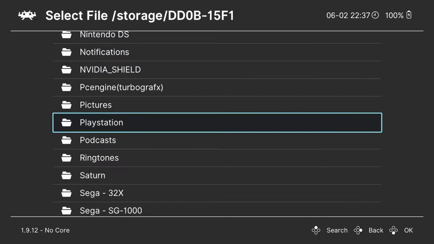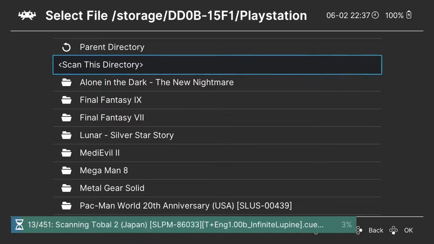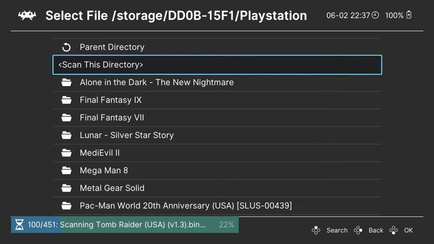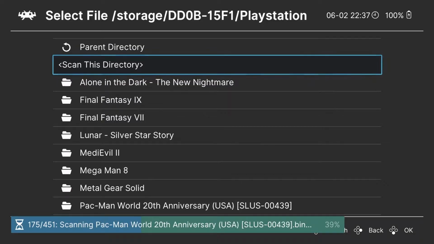Scan these if you don't have them scanned already. I'm going to go ahead and scan the PlayStation games because we're going to go right into the other workaround. The ePSXe app does not work very well. It doesn't work at all right now with the new update. There's probably some workaround, but until that's an easy one or more attainable, or until they do a hot fix,